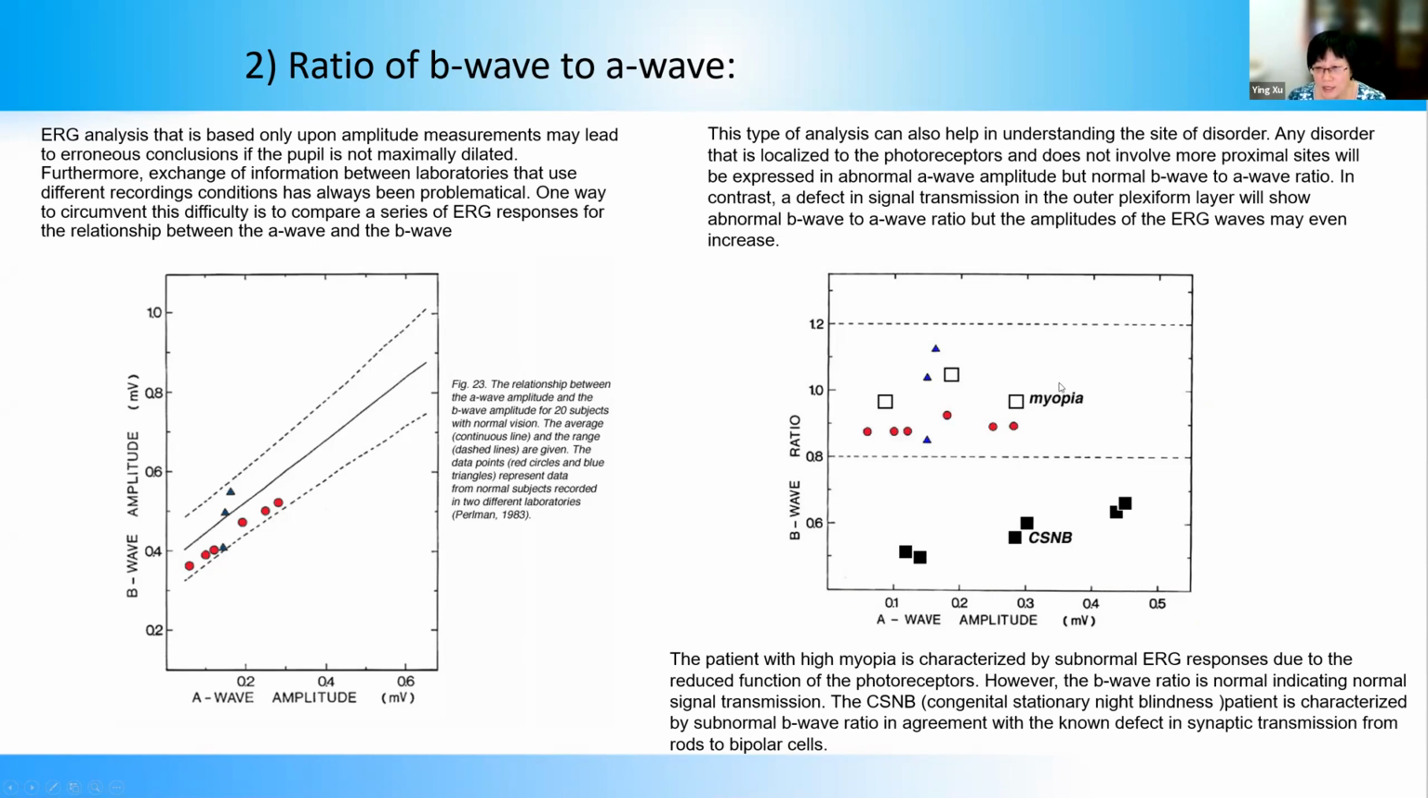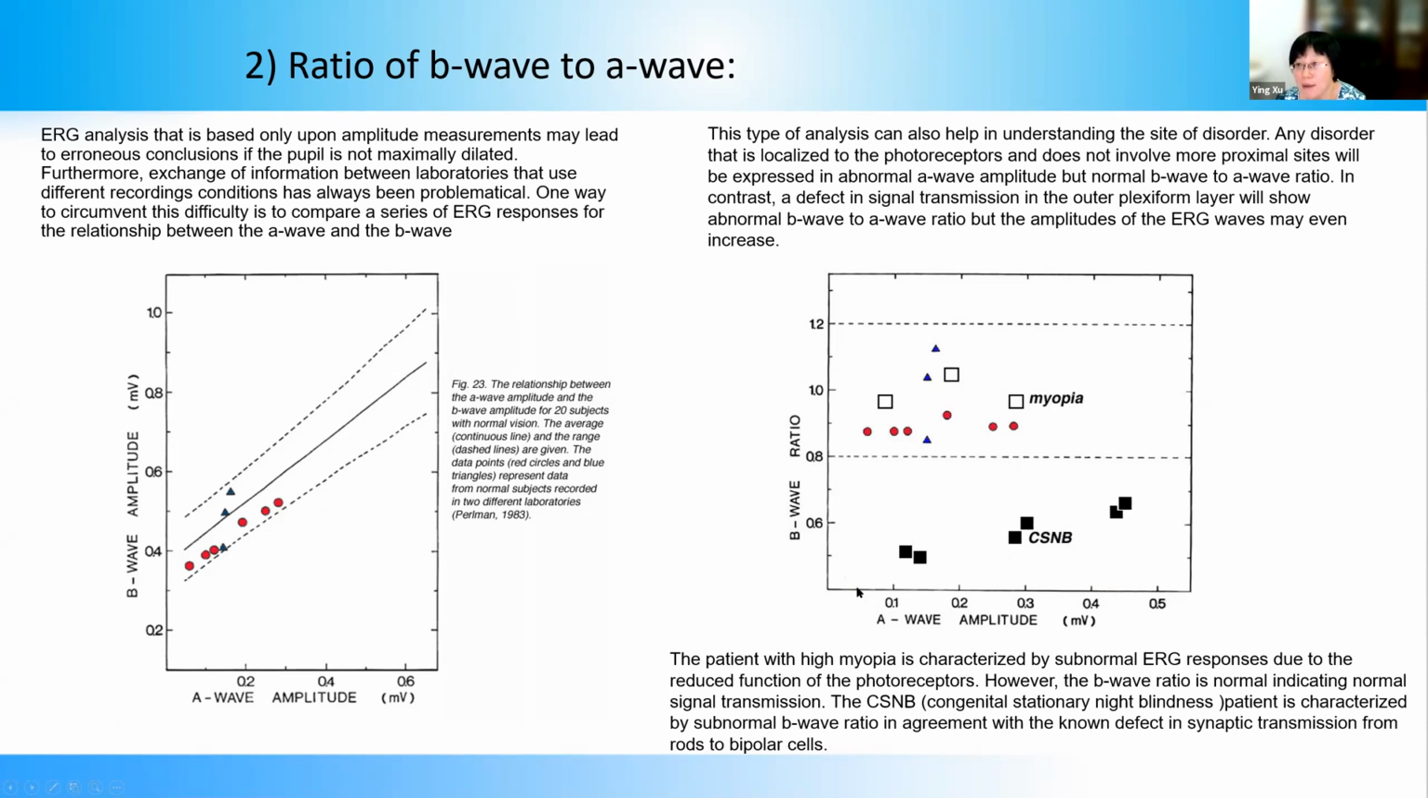Again, the example shown here is for a patient with myopia, which has reduced function in photoreceptors, but because the transmission is normal, the B wave to A wave ratio is similar to the other labs. On the other side, if there's a defect in signal transmission from the photoreceptors to the bipolar cells, that will show an abnormal B wave to A wave ratio, but the amplitude of ERG waves may even increase. The example shown here is congenital stationary night blindness, which I mentioned before,